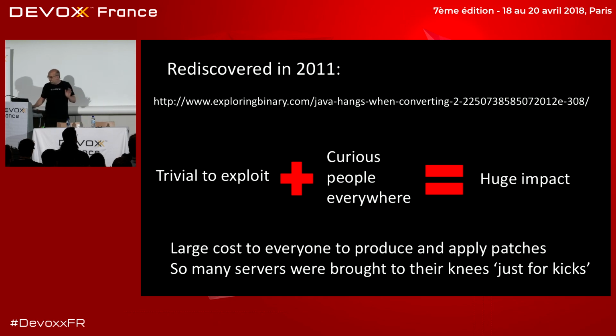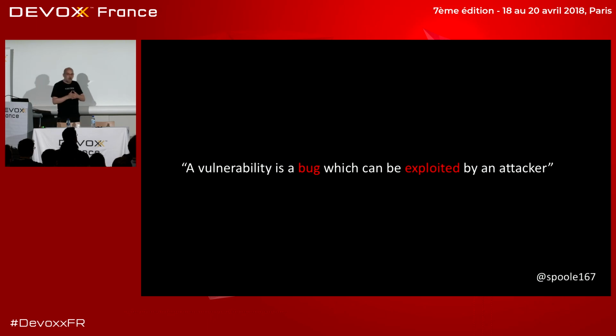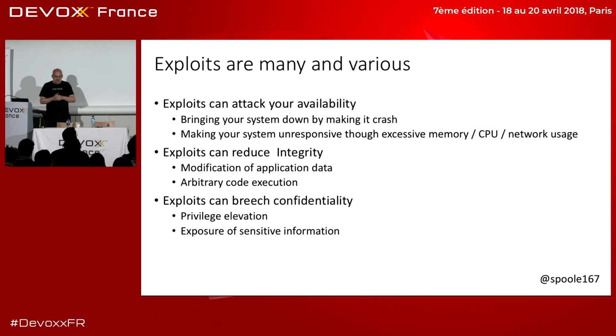So there's the first one. The first thing we're going to put on the list in terms of what a vulnerability is: it's a bug with an exploit. Somebody figured out how to make use of that bug to do something bad. So exploit is the word to think about, and exploits do all sorts of interesting things. I'm sure if you put 5 minutes into thinking about it, you'll come up with the same list.